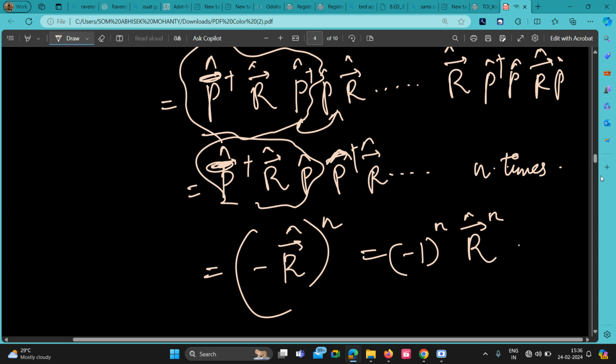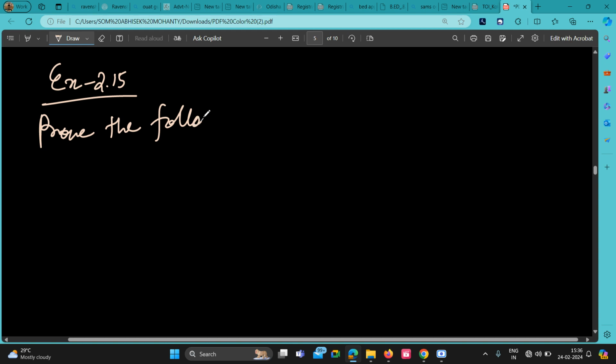Okay. The next one is a bit tricky one. Try this one. This is exercise 2.15. Prove the following two relations. First one is